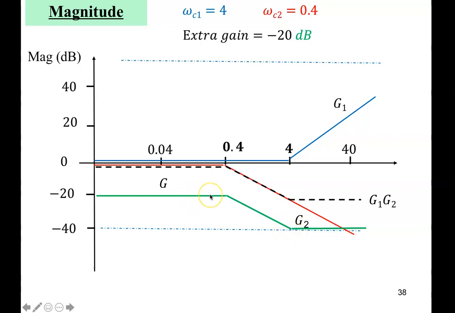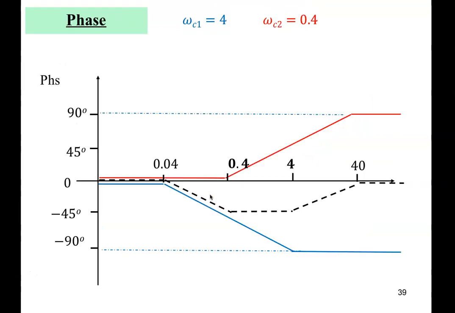So that line here is the magnitude plot for the overall transfer function, including the DC gain. Okay. Move on to the phase plot. Again, the overall gain, the DC gain, doesn't affect the phase plot. The only thing I need to consider is the corner frequency for G1 and the corner frequency for G2. So for G1,